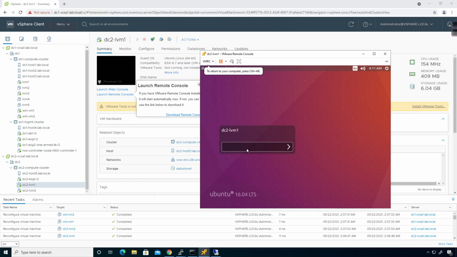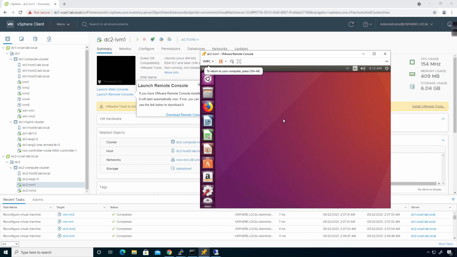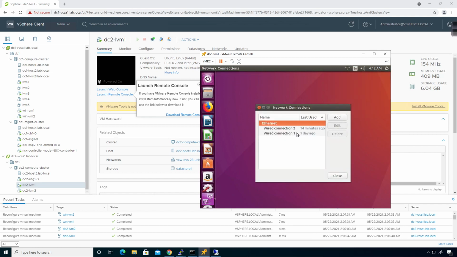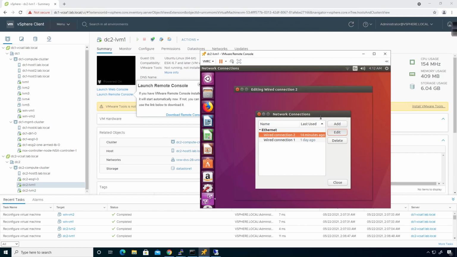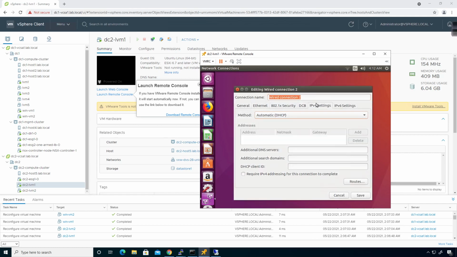I'm going to go ahead and set the password, get that configured, and we're going to get them IP addressed. So I'm going to click up here, and I don't have anything configured for DHCP yet. I haven't talked about any of that stuff yet. I'm going to go ahead and wired connection to edit. IPv4 settings, we're going to go ahead and set this to manual. We're going to add, and this one here will be